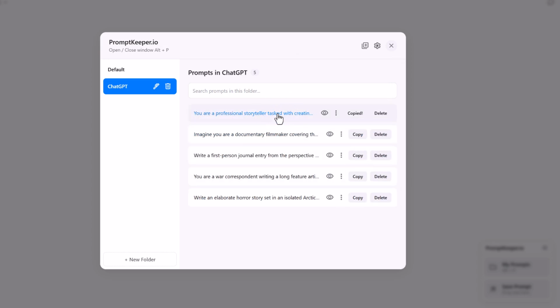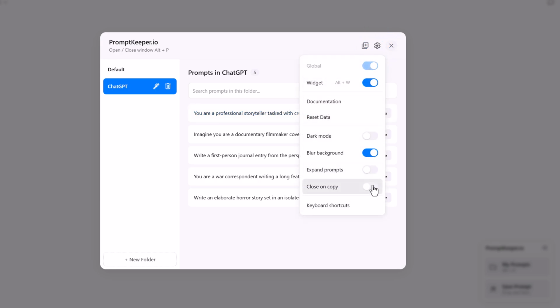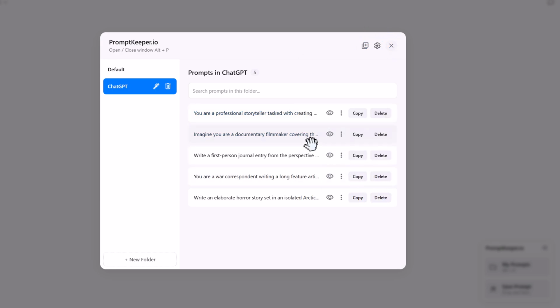Finally, there's the Close on Copy option. When enabled, the window automatically closes as soon as you copy a prompt, so you can quickly paste it where